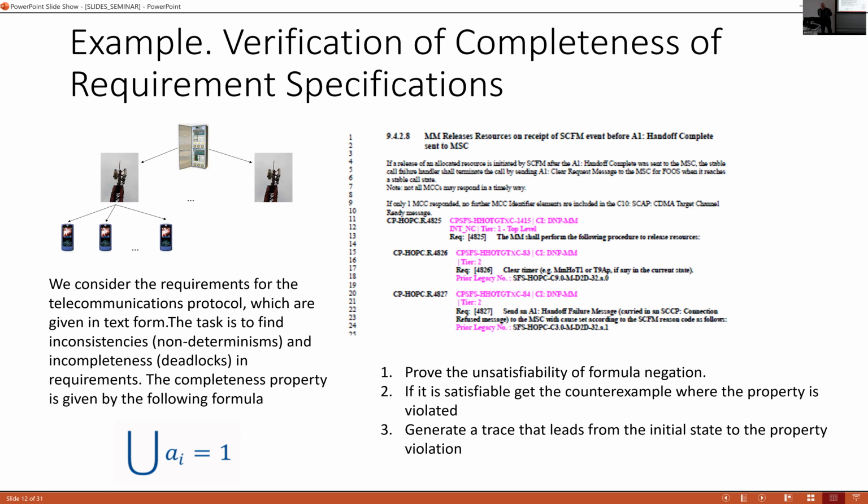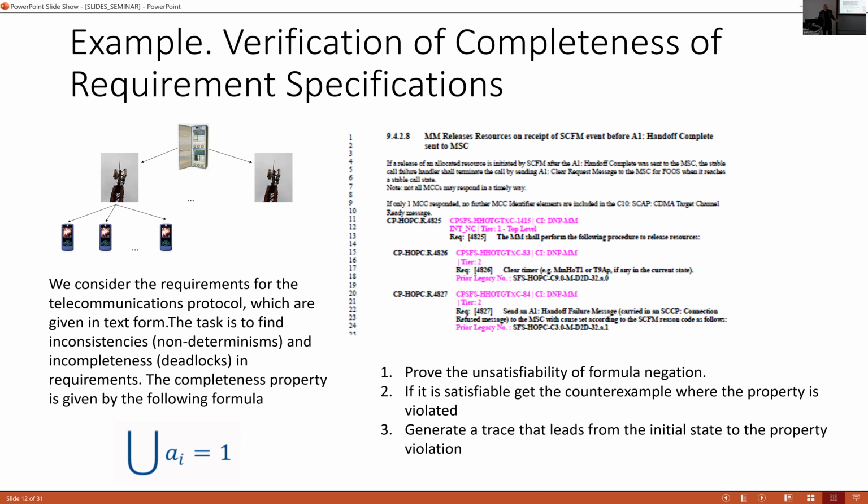So what are the requirements for a telecommunication protocol? They're given as text. It may be thousands of pages, and people, requirement analysts, create the formalization, create the behavior equations manually, and afterwards